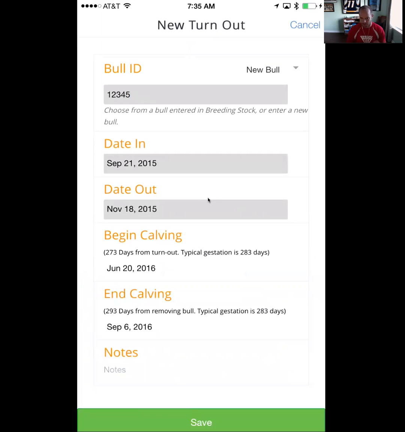At the bottom, you can get, in real time as you change the date in and the date out of that bull, you're going to see when the expected calves range would be, when those cows would be calving. I don't want to say aggressive, but we all know typical gestation is 283